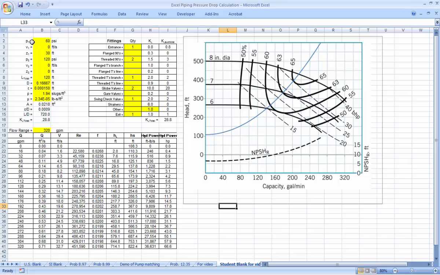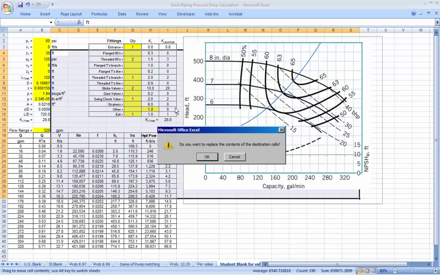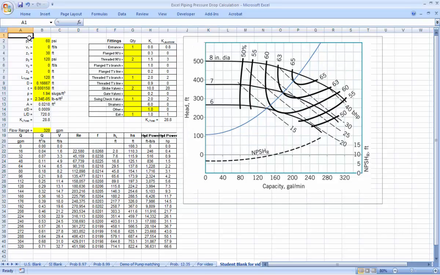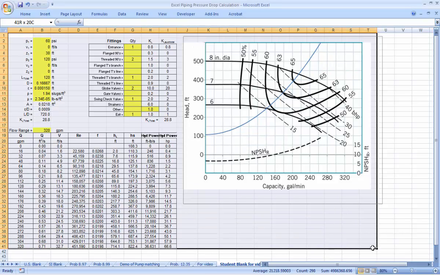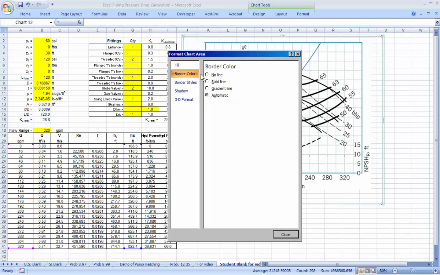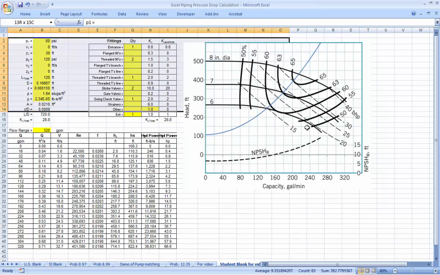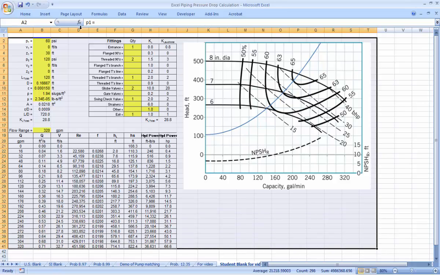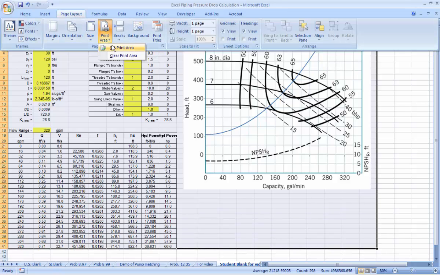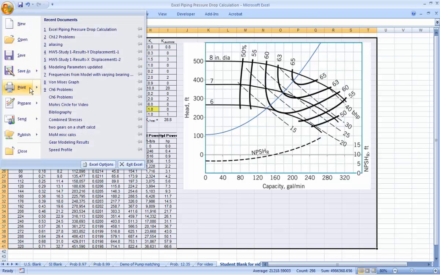So that's the last thing, I think. We could have also, if we wanted to, done it all at once. Let's see. We could have gone and grabbed this whole thing, perhaps. And before we did that, I think I would want to get rid of this border, no line. So we get rid of the border right here, and I could grab a hold of this whole thing and make this the print area right here, set print area, and then I could go to print preview, right,